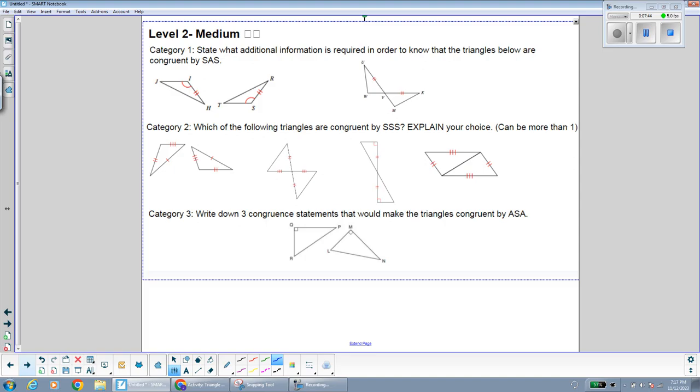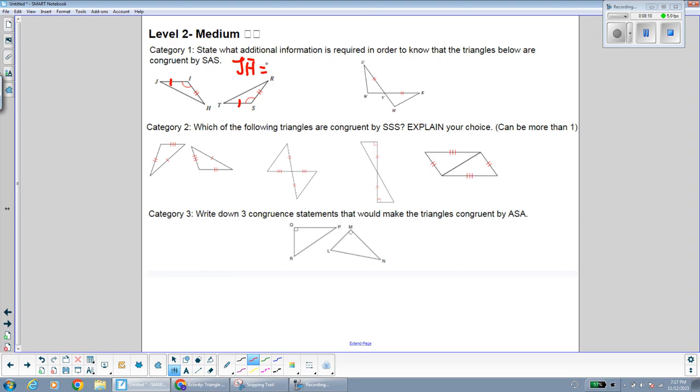Okay, for this first one, we're going to say what else is needed to know the triangles are congruent by SAS. In this first example, we have a side and an angle. In order to be SAS, the side would have to come directly after the angle because the angle needs to be directly in between the two sides. Side, angle, side, side, angle, side. So the information that was missing here to make side, angle, side, oops, I wrote it incorrectly, is JI